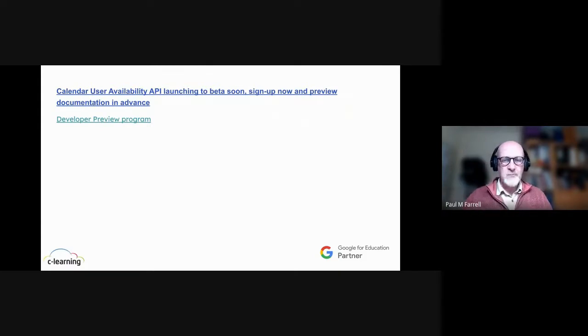So this is related to the location thing that we mentioned earlier about being able to specify the location in Calendar. And there's a new user availability API coming soon, which you can get involved in. The precise details of it were not particularly extensive in the update